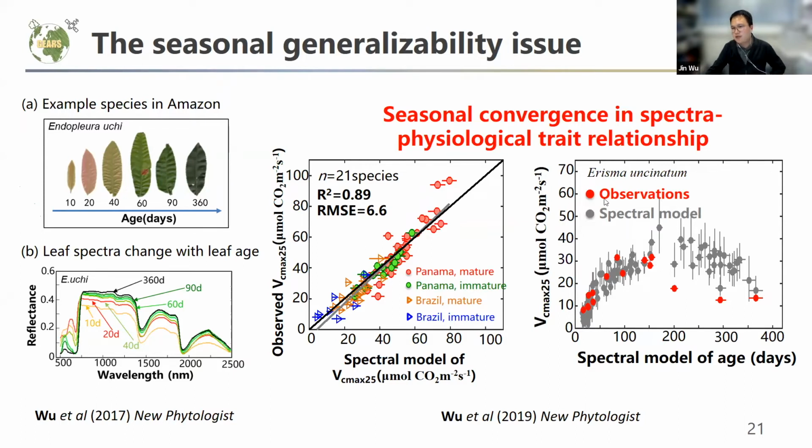And the red color shown here is the field observation data. Overall, the spectral model alone also checks quite well with the field observation. There's some deviation in the late development stage of the plant, especially after 200 days, and that is primarily because we have really limited data in this condition to constrain the model. So there's some room to improve, but at least it demonstrates this technique has really high potential to replace the LICOR as a more efficient way to monitor plant physiological traits.